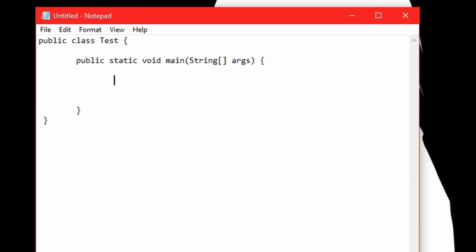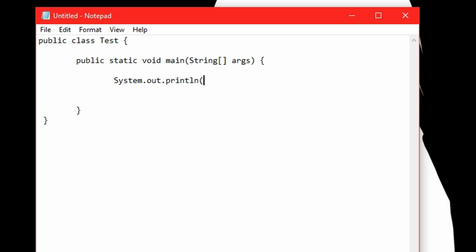Anyway, so what we're going to first do is type in a little command line. We're pretty much going to tell the computer to say something for us. And to do this, we're going to be typing out system.out. Oh, and you have to capitalize this S over here. Java is a case-sensitive language, so things that are not capitalized properly will have issues. It's just going to pretty much have errors everywhere, so make sure you're definitely capitalizing things that need to be capitalized. Not everything has to be capitalized, but some things do, and you have to memorize all of it. Anyway, so system.out.println, ln stands for line,